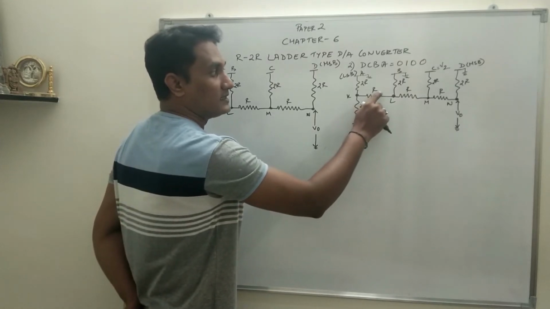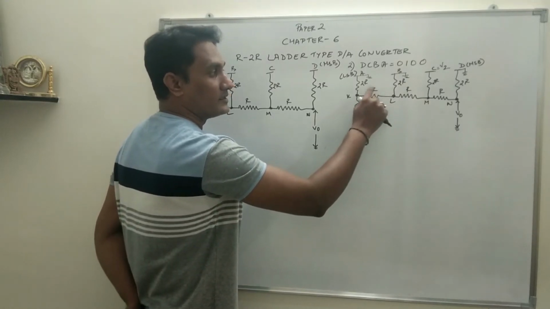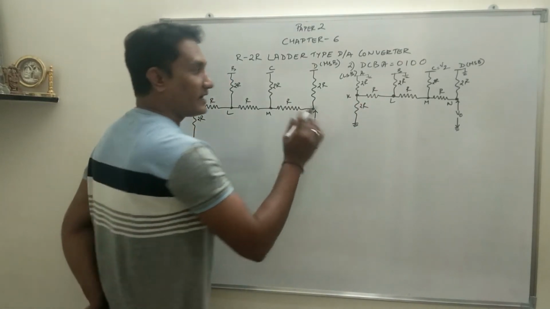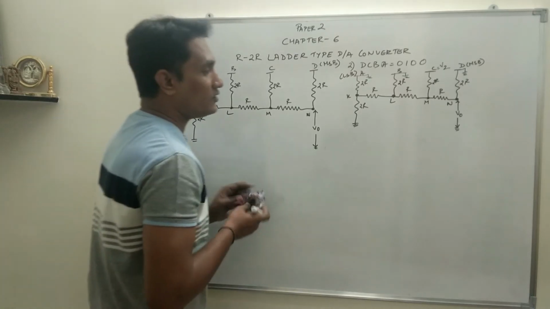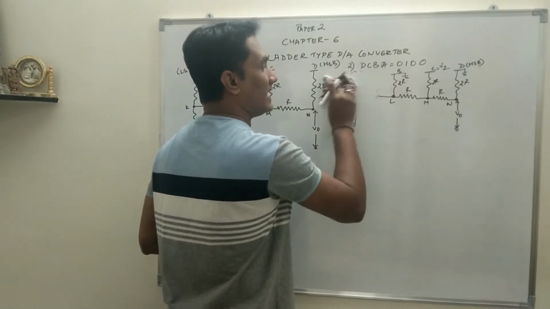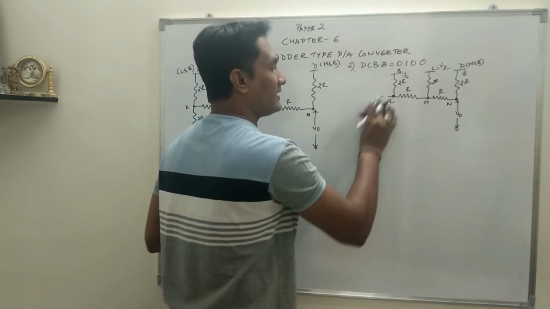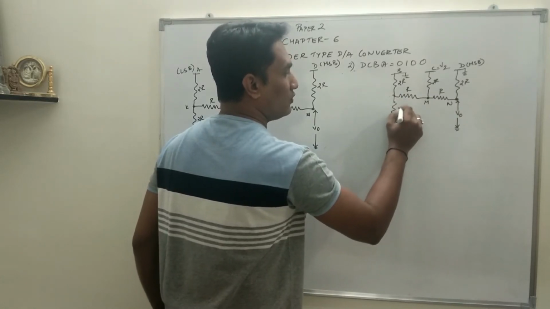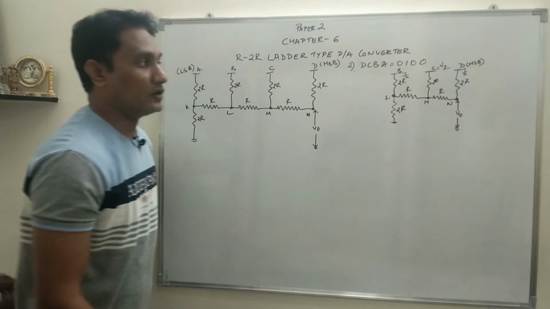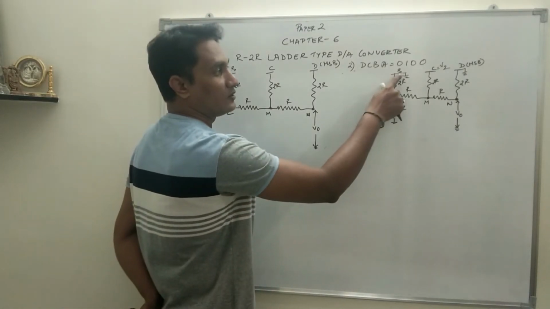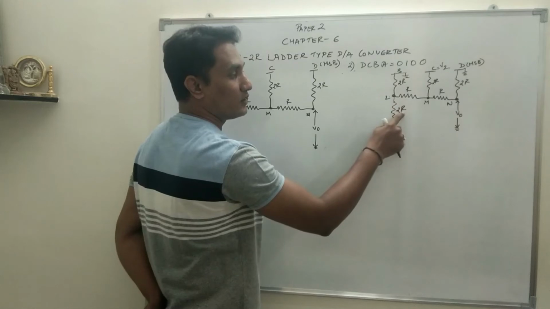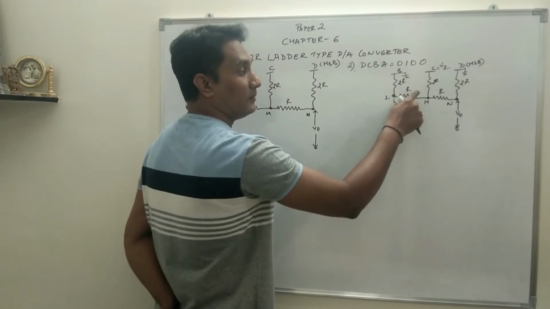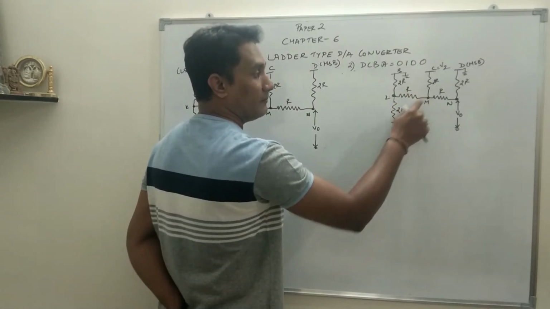And that R plus this R between K and L, they come in series, and the value becomes 2R. So as A is connected to ground, the entire network to the left of L will be reduced to a resistance of 2R between L and ground. Again, B is connected to ground. This 2R comes in parallel, the value becomes R between L and ground, and that R plus R makes the resistance 2R between M and ground.